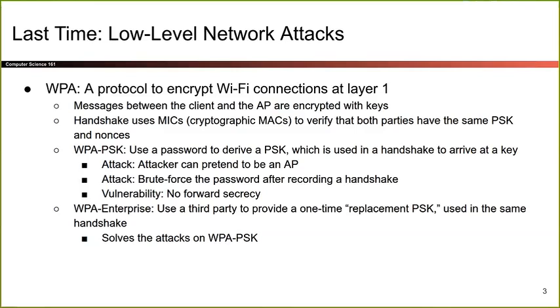You can just record a single handshake and do all that offline yourself. And then we also talked about how there's no forward secrecy. So if someone does compromise our key later, and they have recorded our message now, then they can also derive the final keys, because if they record the message now, they have the nonces. And if they compromise later, then they have the password, and they can combine those to create the final key. So there's no forward secrecy. So these are all problems.